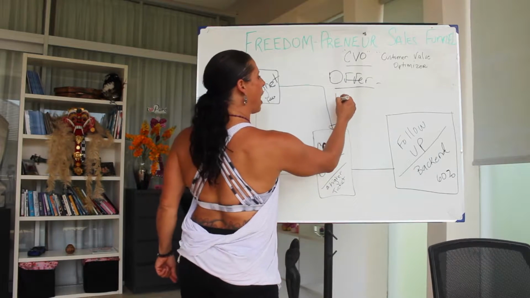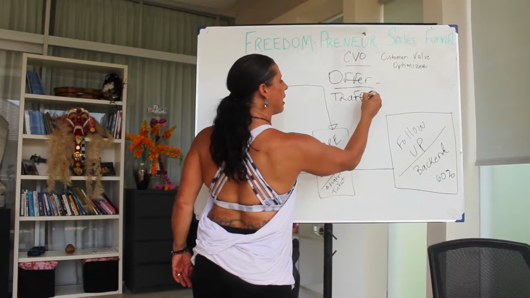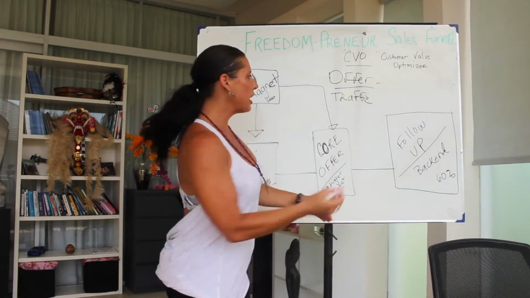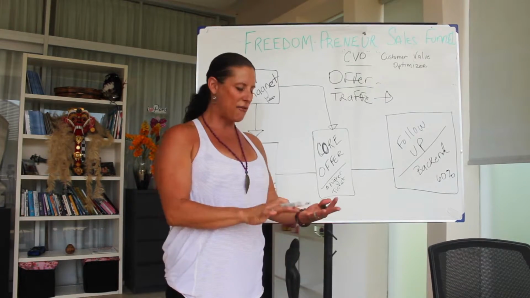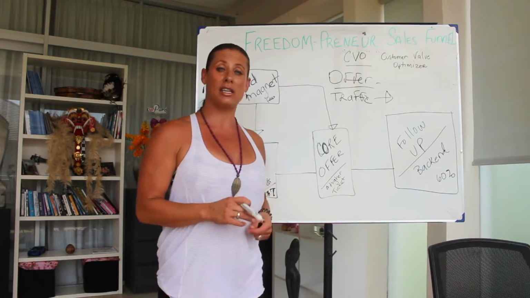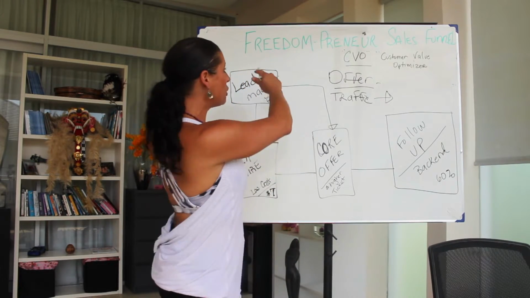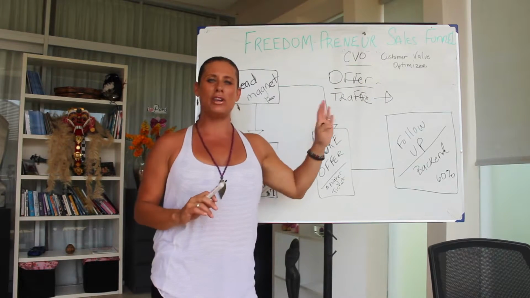You got to have and know how to create or generate traffic. And I'm not talking about the traffic you get on the highway. We're going to get to traffic, guys. There's a whole section in the Preneur section about traffic, Facebook, all social media styles of traffic. You have to have the offer, and then you got to have a system or a way to put it together. Well, what we're going to do today is talk about this Freedom-Preneur sales funnel system, your CVO,